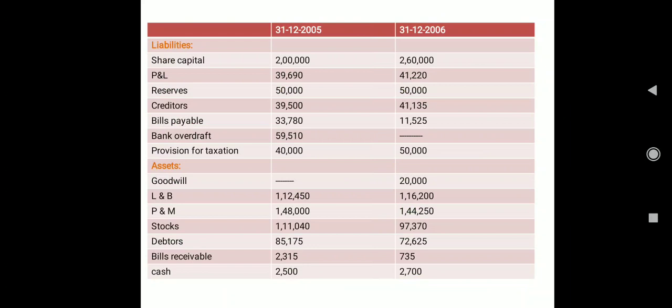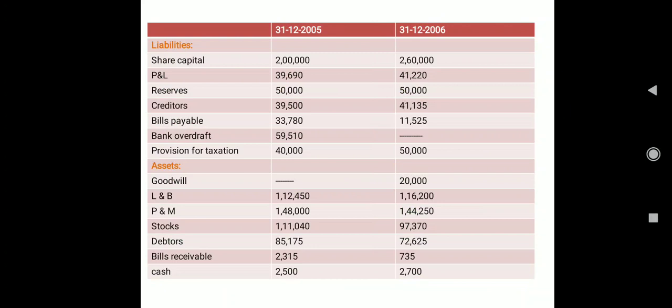In your statement of changes in working capital, only the current items will come, either current assets or current liabilities. I'm not saying that you are going to take only current assets and forget the current liabilities. Current assets will come and current liabilities will come. Apart from current assets and current liabilities, no other item will appear in your working capital statement.